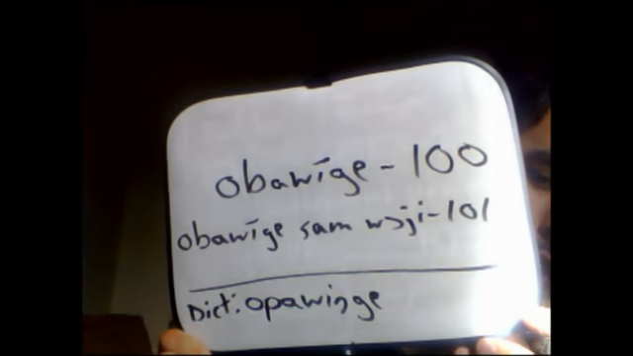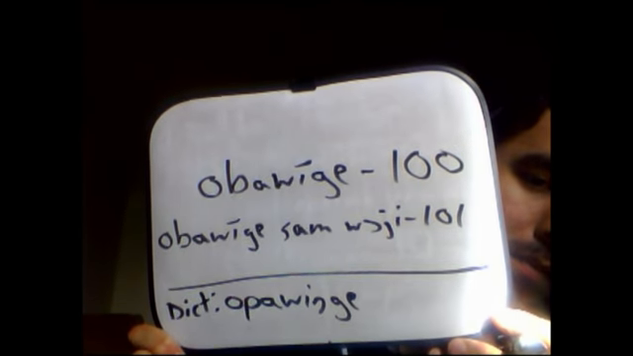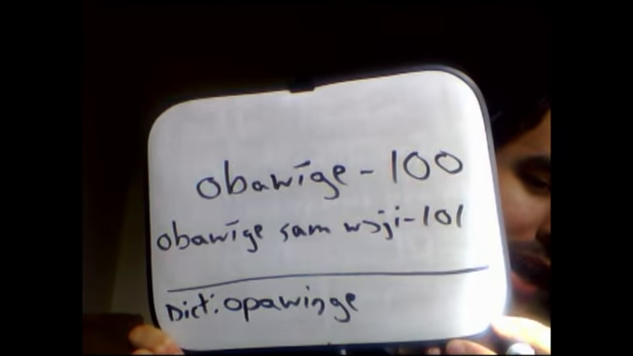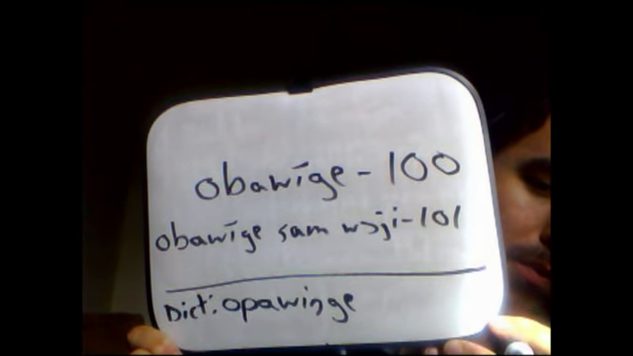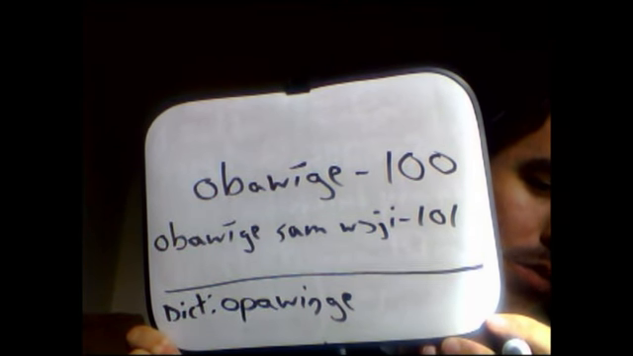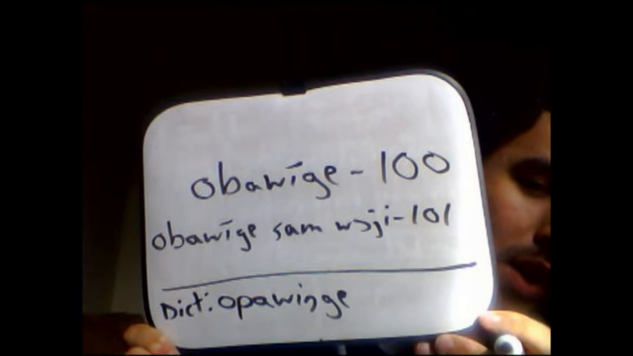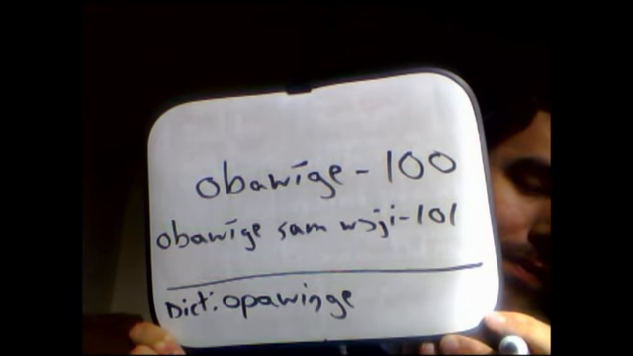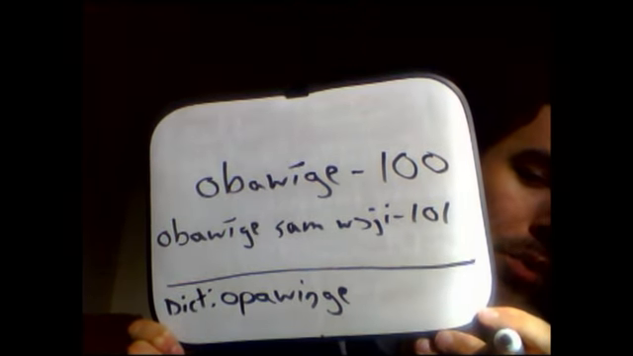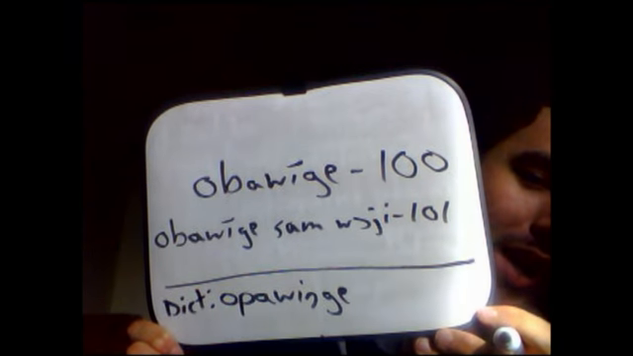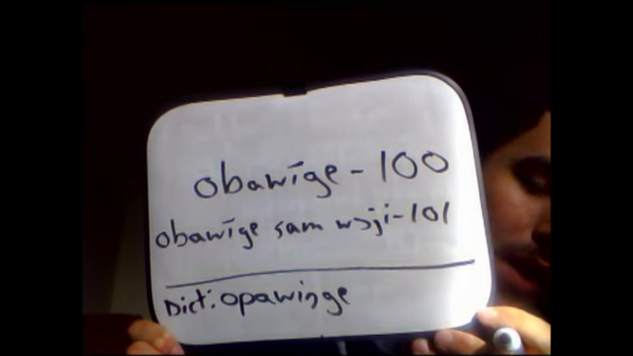And then you have 100, Opawiche, and counting above that, though, you have to use this word sam, which is short for sampa, which means to go beyond. The sam thing is kind of important, but the basic way that you understand where to use sam is that